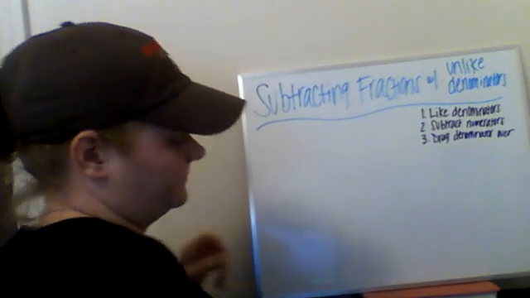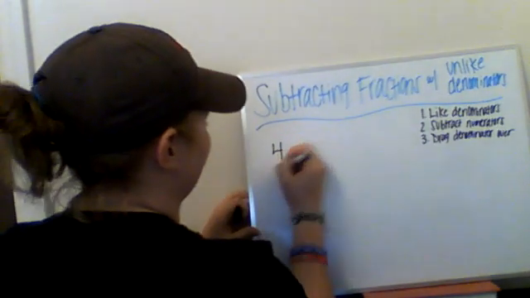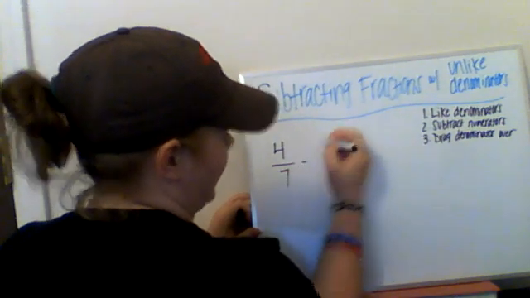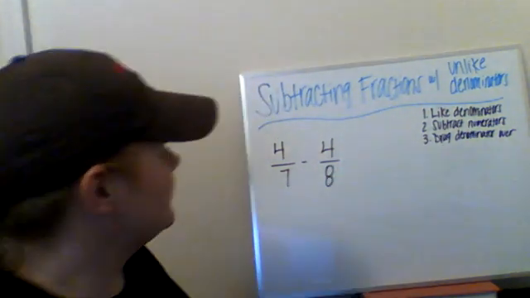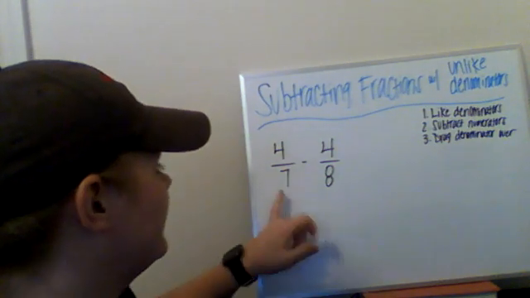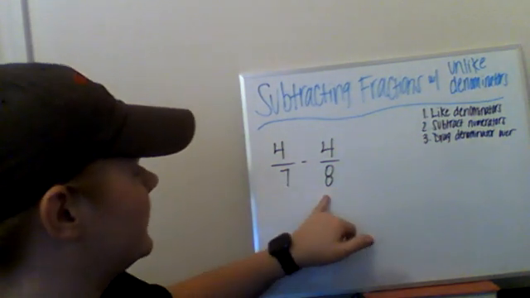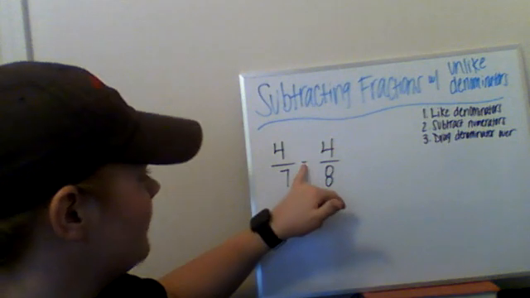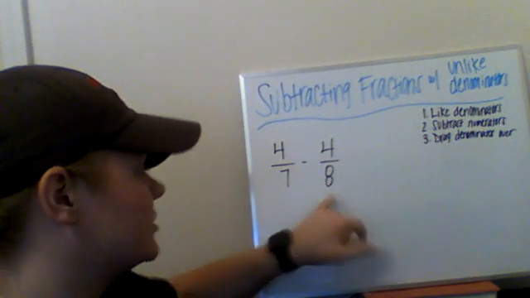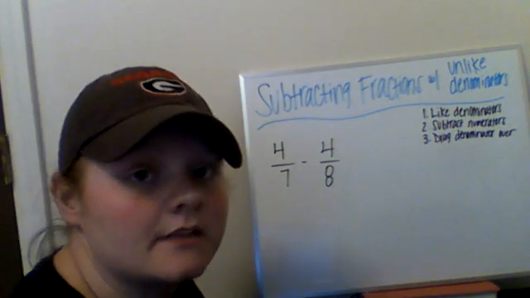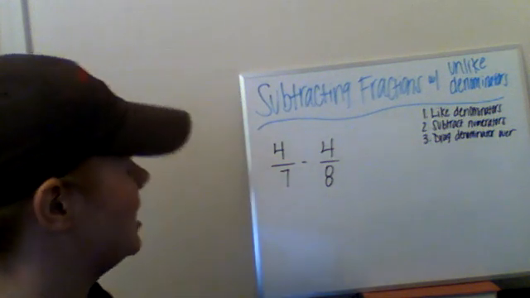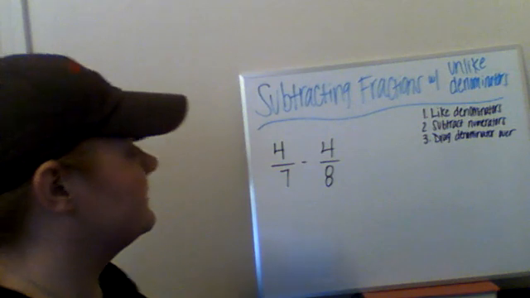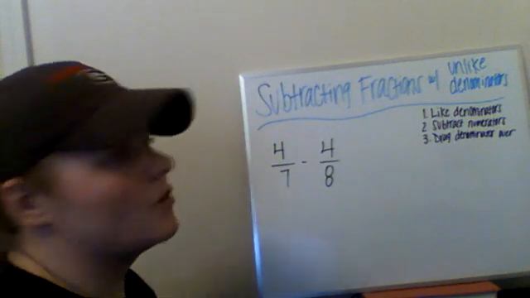If I was to give you the fraction 4/7, and I want you to take away 4/8, if you notice in this problem, my denominators are unlike. To be able to subtract fractions, I need to have like denominators. So I need to find a new set of denominators to work with to be able to subtract my two fractions. This problem is different than the one I just gave you because